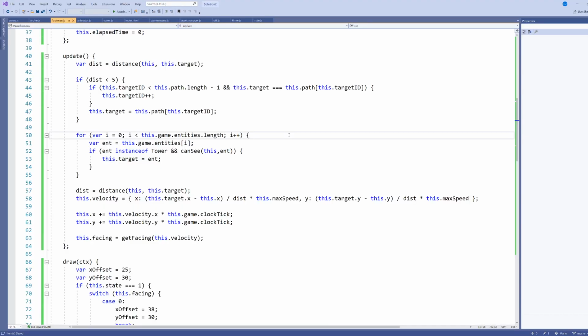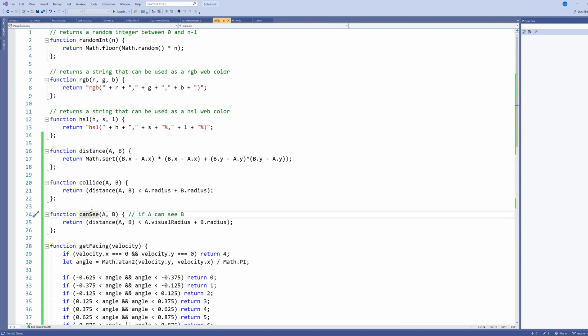All right, so we're going to have to use our first bit of our collision detection logic now. In this case, I'm just using collision detection with my visual radius, not my actual radius. We'll have to use my actual radius here in a second. What we're going to be doing here is I'm going to iterate through all of the entities. That's the same thing we've done in some of our other collision detection videos. I'm going to grab the first entity and just give it the name ent. If it happens to be the tower that I'm looking for, and I can see it, then, to do this, I'm calling a little helper collision function that I wrote